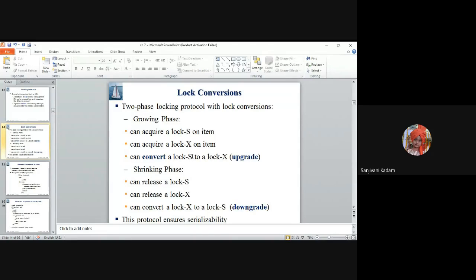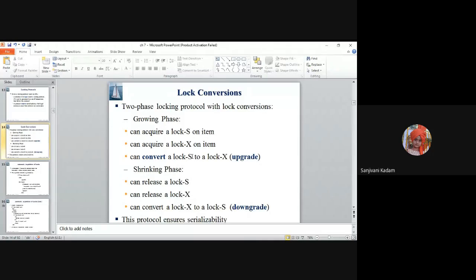Here we are willing to perform some changes to the data item. For performing changes, we need to acquire an exclusive lock on that data item, but we have already acquired a shared lock. In that case, we can go for converting the lock type.